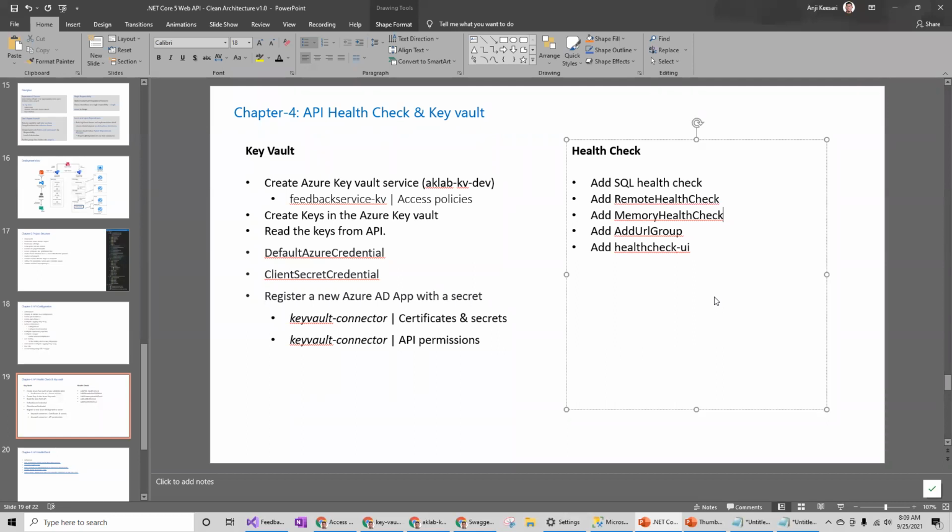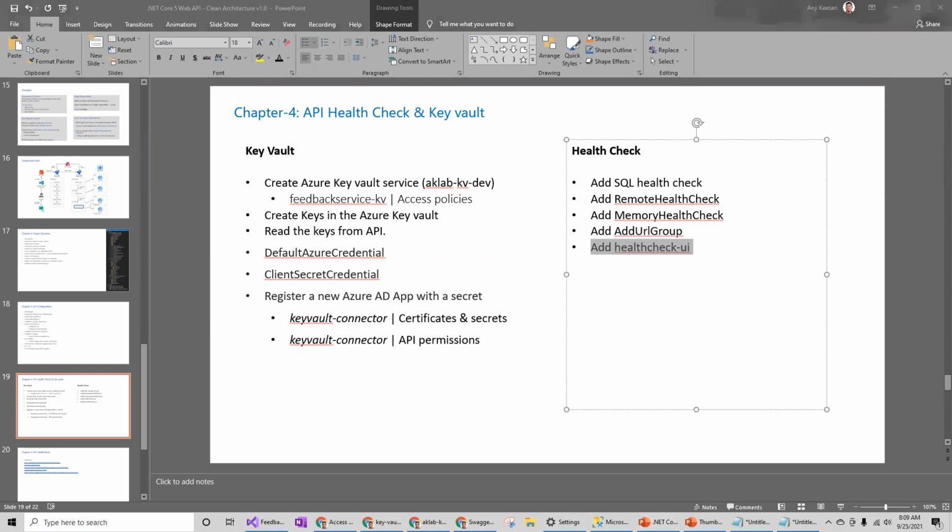And you can also add the memory check. In case you have any URL related checks, you can add them by using the add URI group. And then I'm also going to add the health check UI to actually see a good look and feel for the API health check.